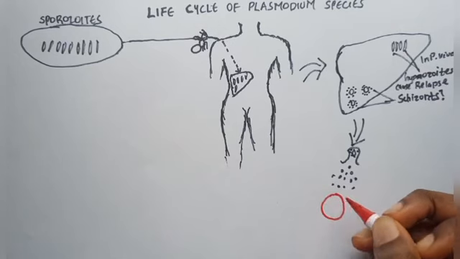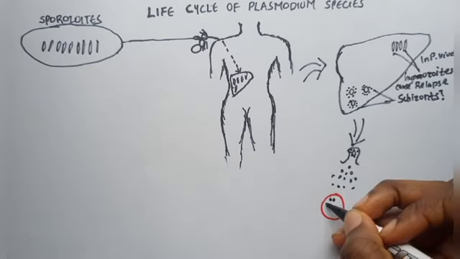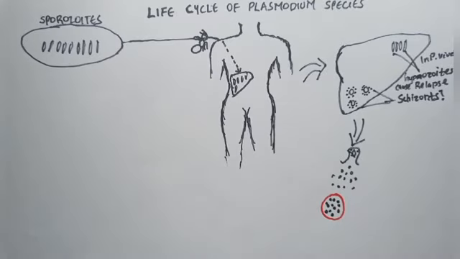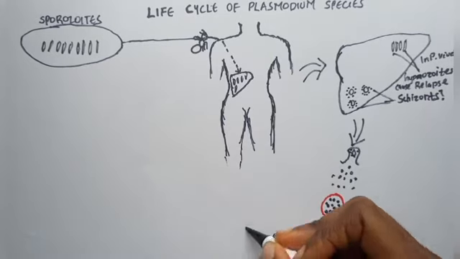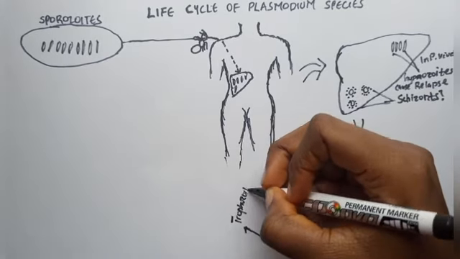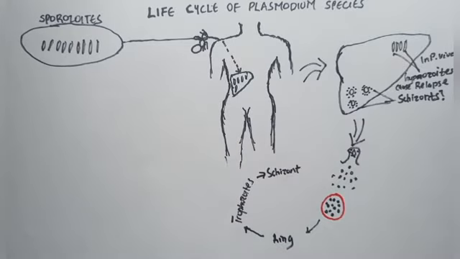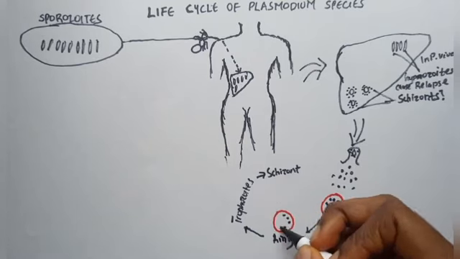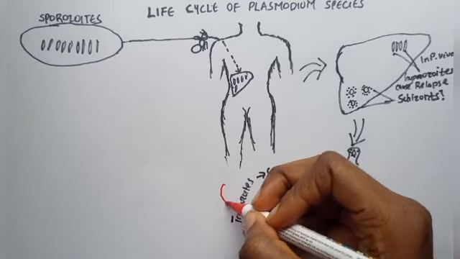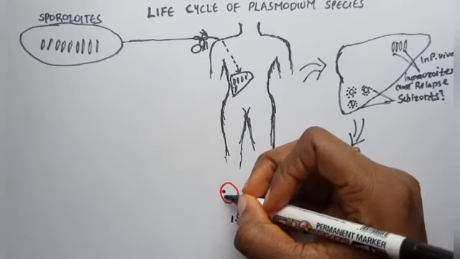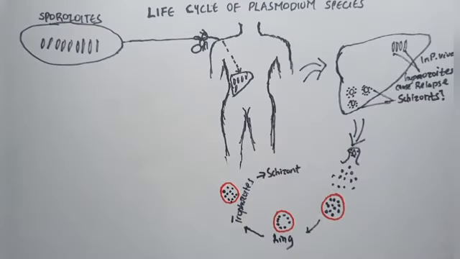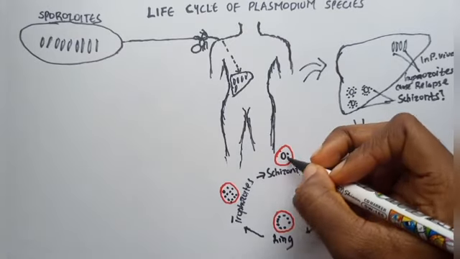The released merozoites find their way to a red blood cell and infect it. In the red blood cell, they pass through 3 stages: ring, trophozoites, and schizonts. To make the red blood cell more suitable for them to stay, the merozoites form a ring structure. Then they multiply rapidly and are called trophozoites. Having multiplied, they come together to form a heap. As we know, these heaps of merozoites are called schizonts.